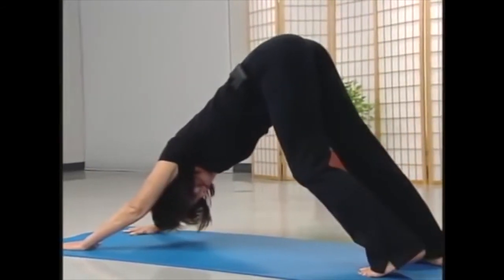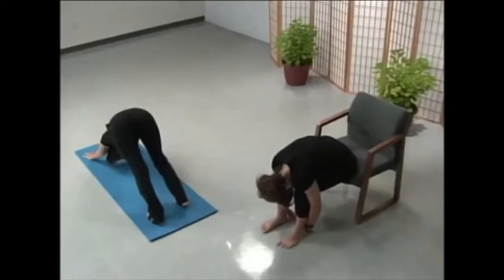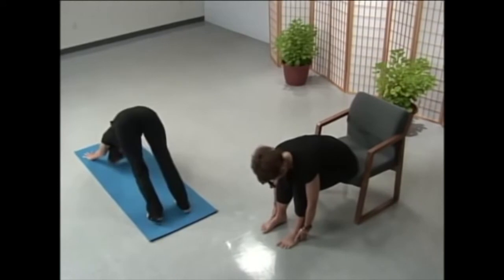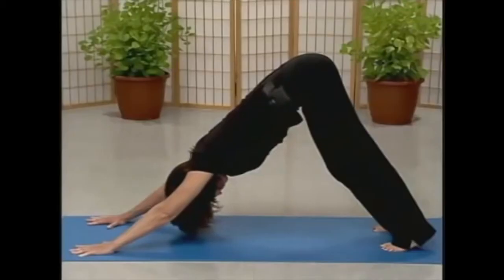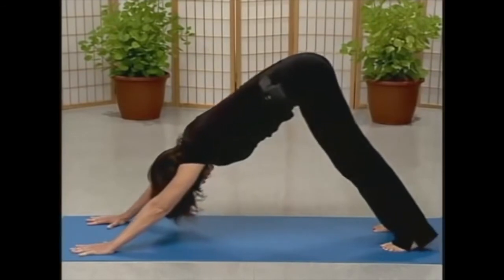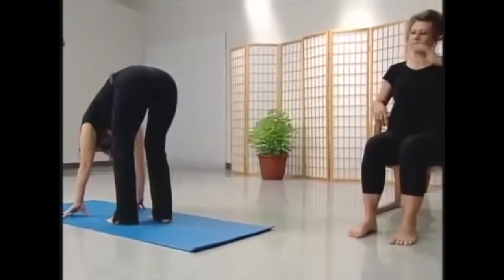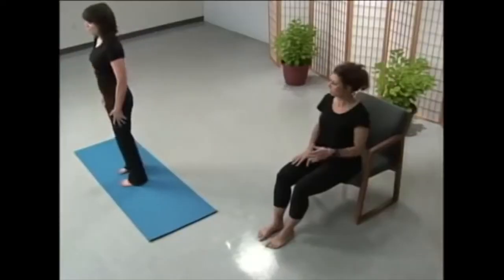Breathing, pushing out through the palms of your hands. The downward facing dog posture is an all-purpose posture that helps strengthen the body and stretch it. And then when you're ready, we're going to begin to walk our hands and our feet toward one another until you come into a forward hanging bend position. And then standing here for a moment,